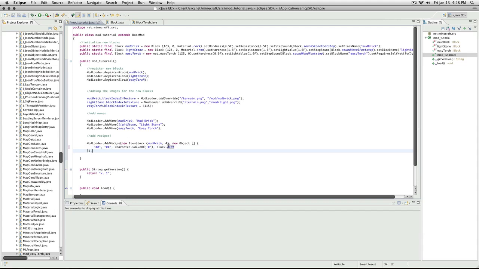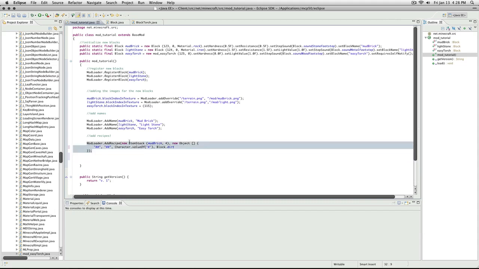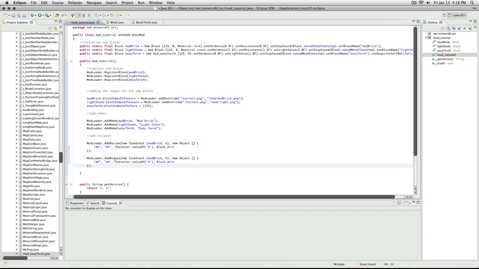So now if I make a 2x2, it'll give us 4 mud brick with dirt. So I'm just going to repeat the process. I'm just going to copy paste, like so, and this is going to be light stone. So light stone, and then it'll give us 2,